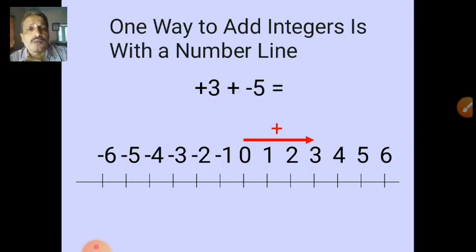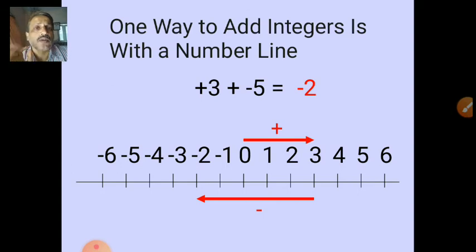From there, now what is there? Plus into minus 5, that means minus 5. So from 3, you have to move to the left side. How many steps? 5 steps. Yes, see, look here, minus sign. From 3, 5 steps you have to move on the left side. Now where will you reach? Yes, at minus 2. The answer is also minus 2 according to our calculation, and according to the number line, the same answer is there.